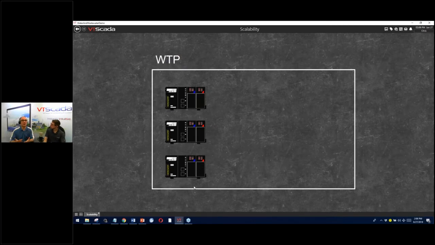You can basically customize any kind of functionality that you want. Yep, I think that's fair to say. Okay, and I've got one here that states we are an old client of VTScada and are currently